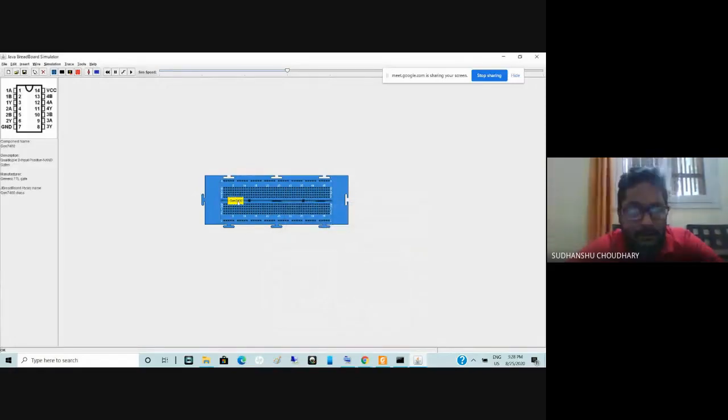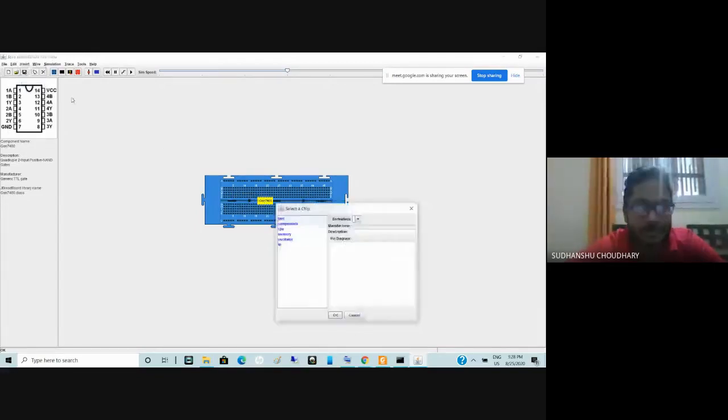So I have an IC 740. In fact, you can select which IC you want. So I'll go back again to this chip, TTL. So when I go to TTL, I have these options available. And let me say I want a logic gate based flip-flop. So I click this logic option. So when I click logic, I have these many ICs available.